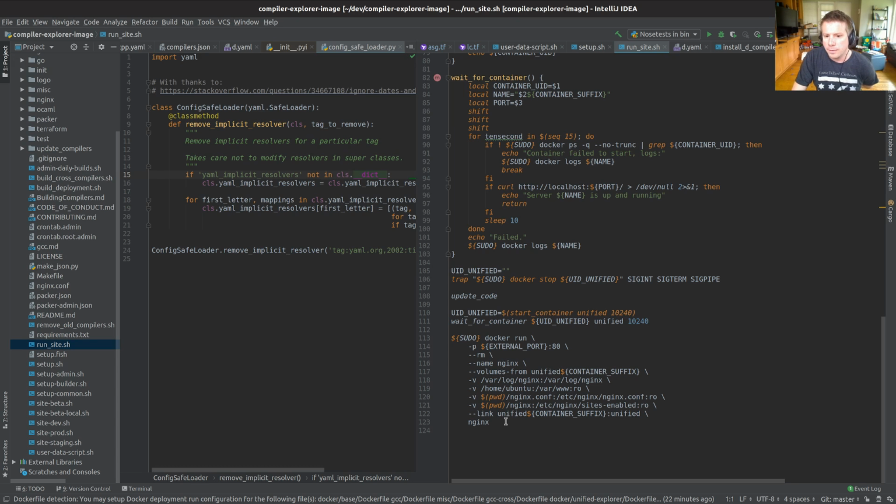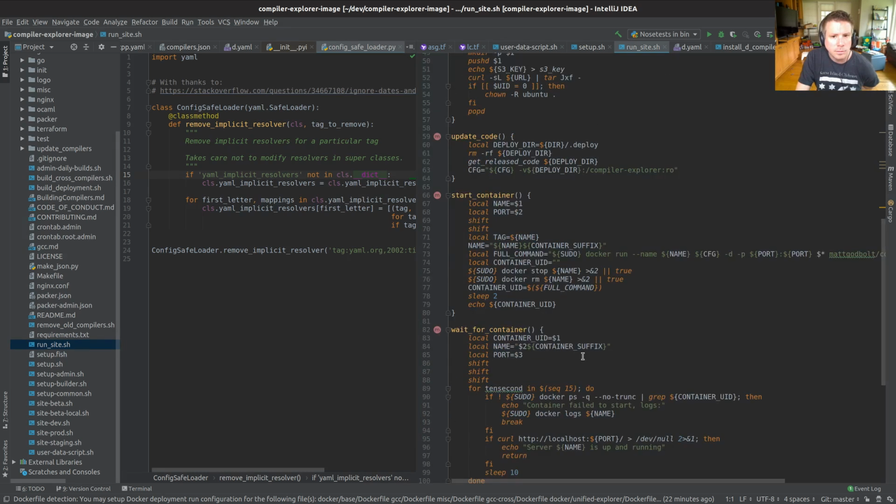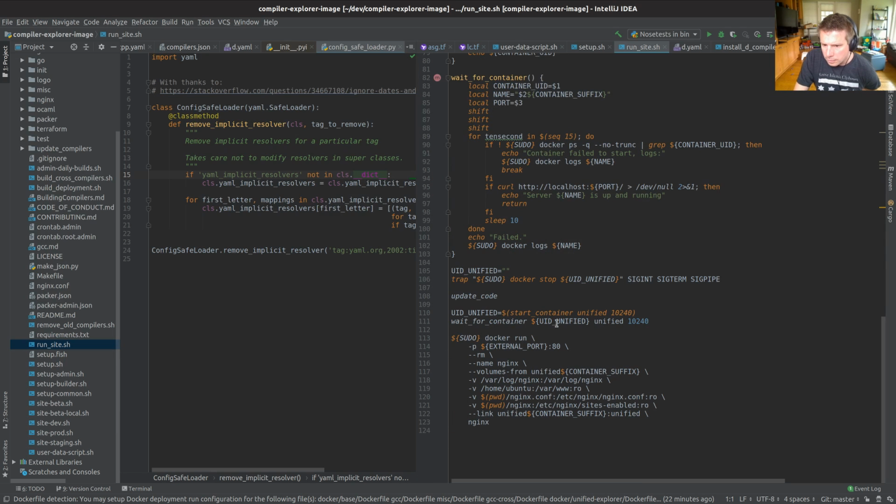And yeah, this used to be the case that we would have many containers, one for each language we supported, and then we unified them along the way. So now that there is, that's interesting. I thought there was something else. Yeah, that's interesting. Wait for container unified. Does this put the thing /beta on the end of it?